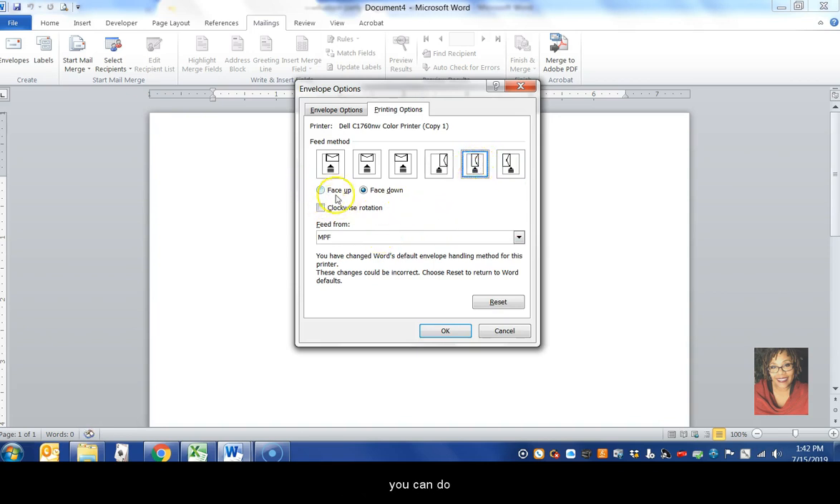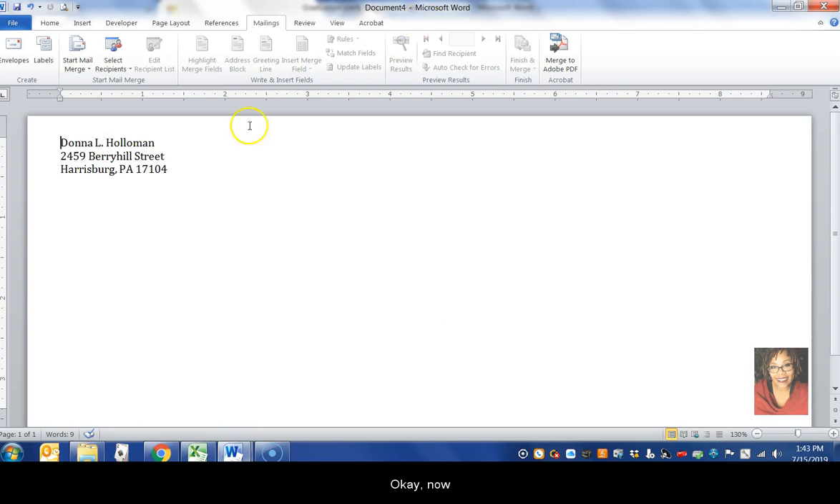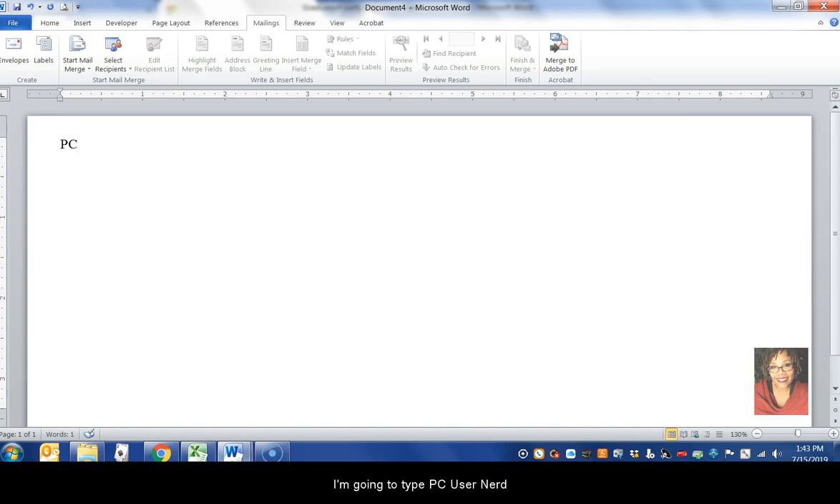Or you can do any one of these. But I usually look at my printer, and my printer is the best place to go for envelope entry answers. And if you need to go back, you can also reset and go back to the way your original document was laid out. Okay, now I start out with my name, but I'm going to do PC User Nerd,